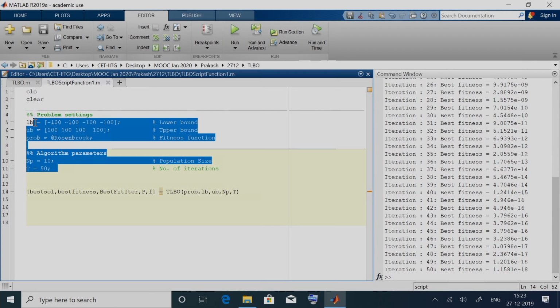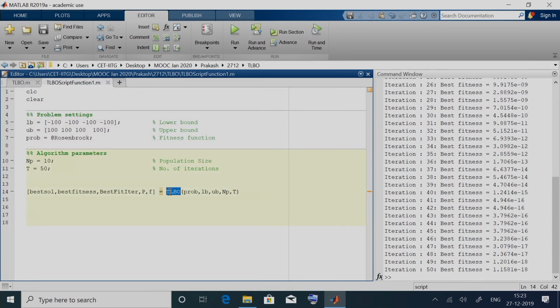Now that we have these 5 variables, we need to pass them to the function TLBO. So, for the function TLBO, we are passing the variable prob, the lower bound, the upper bound, the class size or the number of members NP, and T is the number of iterations that we want to perform.